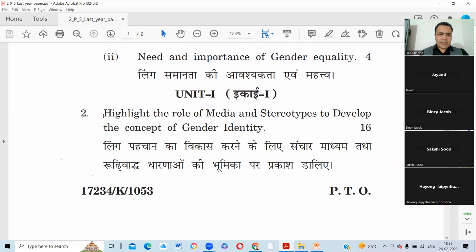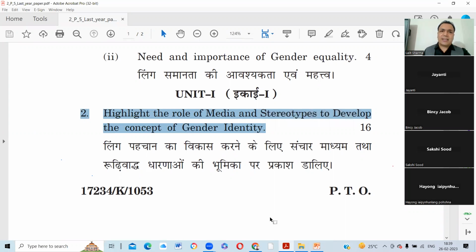Okay. The next question we discuss: highlight the role of media and stereotypes to develop the concept of gender identity, right? What is the question that came last year? Highlight the role of media and stereotypes to develop the concept of gender identity, right, guys? So we directly go to our PDF file, where I discuss the answer of this topic. But here I just want to tell you in brief, guys,